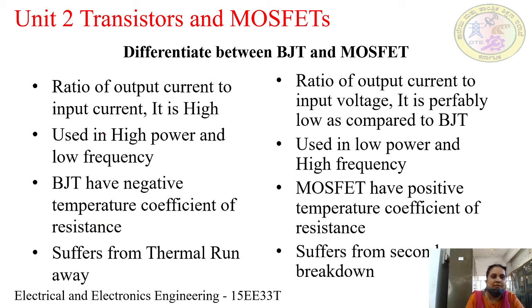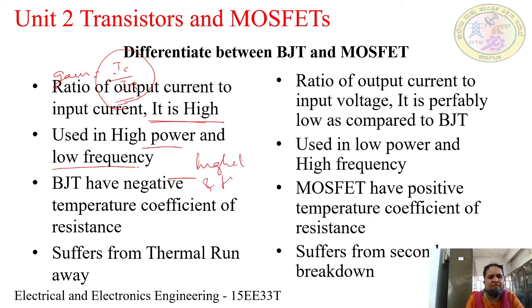Now what is the gain? Gain is the ratio of the output current to the input current. In MOS devices it is different, but it is a current ratio in the case of BJTs. In BJTs the current capacity is more because the charge carriers are more in number, and both electrons and holes are available. Therefore the gain is very high. Because of this, BJTs are usually used in high current and high power applications.